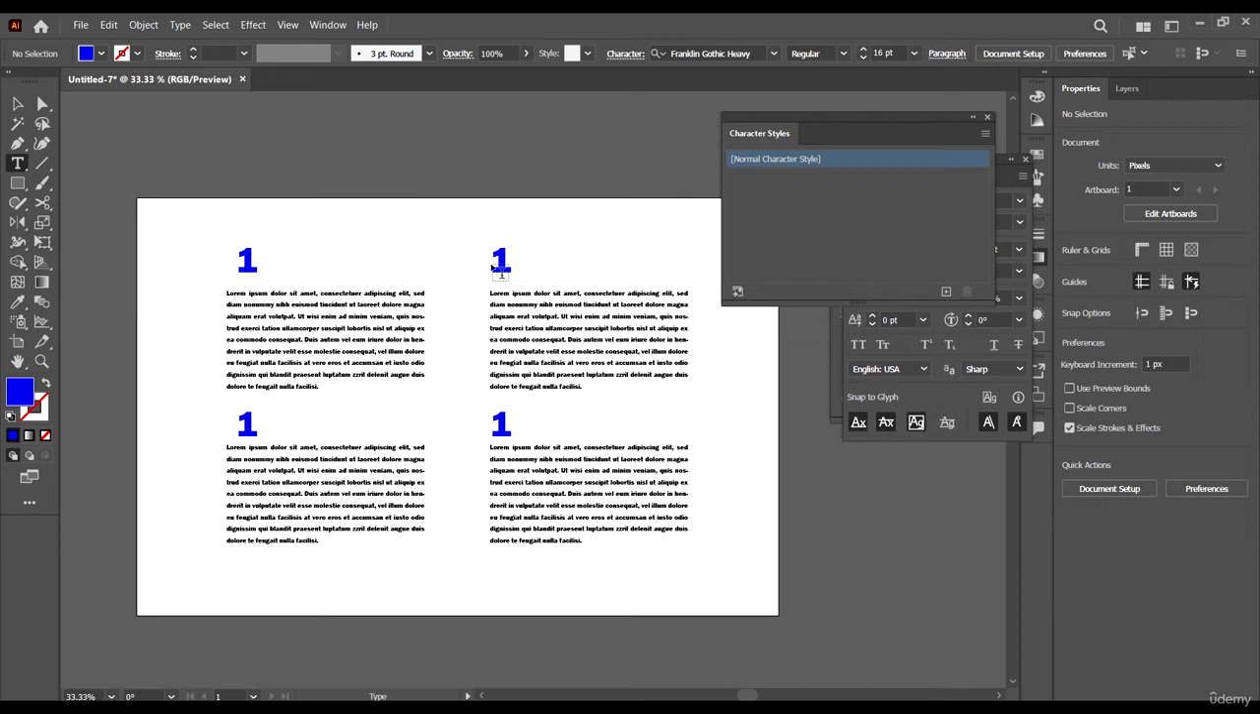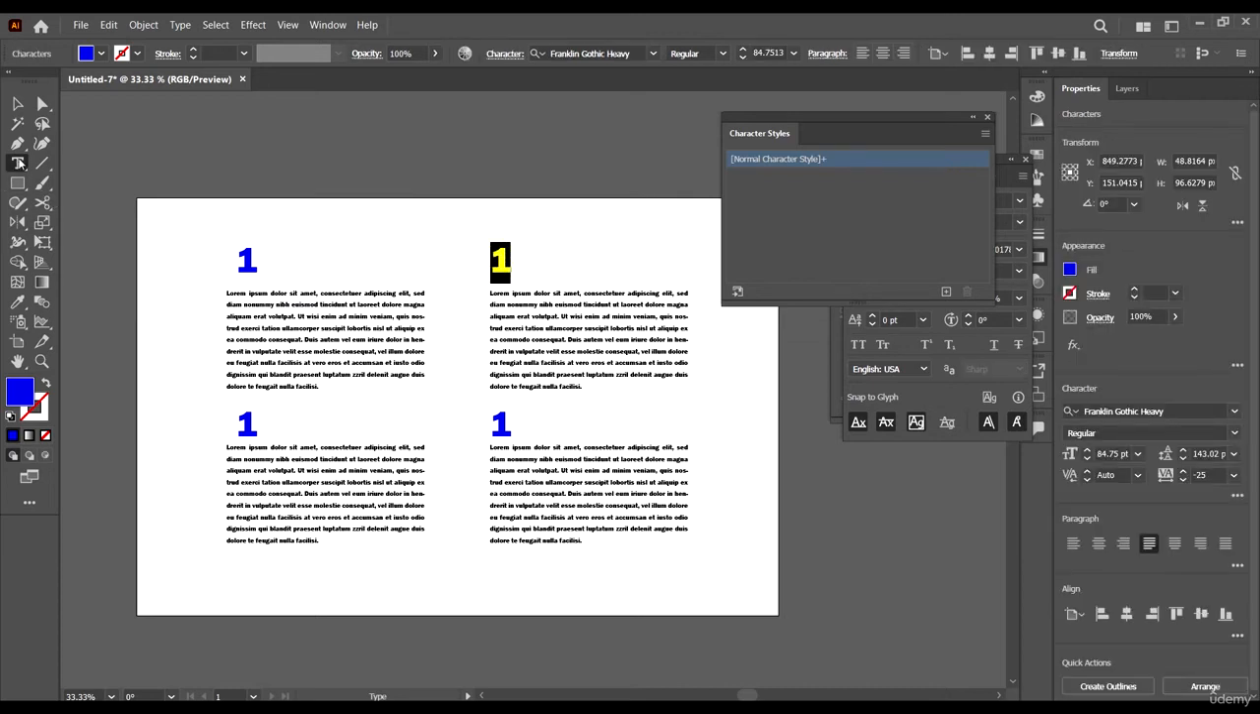Okay, and the shortcut for this guy is T, right? So when you hit T, you just go to the text tool. So we have 1, 2, 3 and 4. So let's assume for one we even have